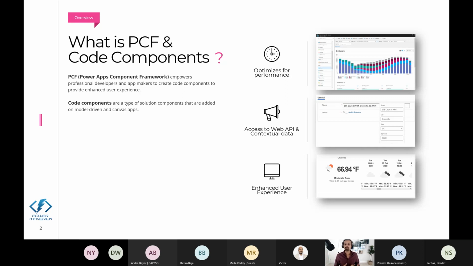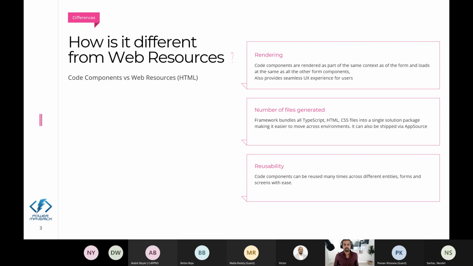Because initially, when we had to do this back in the day, we used to do this through web resources. But web resources never used to be part of the UI, right? The model-driven app that you see today, it was not part of it. It was always disjointed. Whereas these components actually make you feel like, even though it's custom, it feels like it's out of the box, right? That's the beauty of it. So not taking much time on this screen because we want to see the demo as well, right? So we want to move ahead and then understand